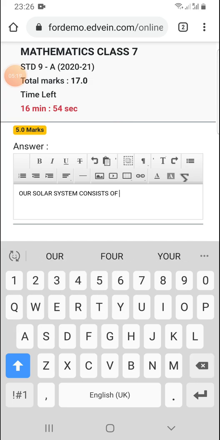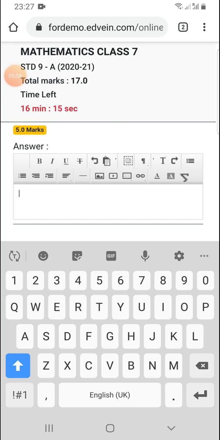But if you feel that this answer cannot be typed, like suppose it has some mathematical functions or expressions or diagrams that need to be drawn, then you can write the answer on a piece of paper and take a snapshot of it. Like suppose I am writing my answer on a piece of paper, and I draw the solar system also. And I can name the different planets like this. Suppose I have answered all my questions.